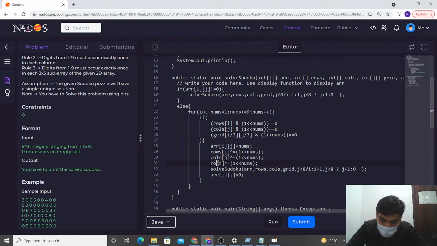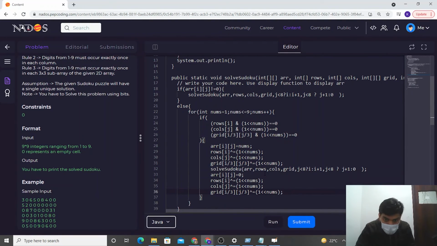For grid also, grid i by 3, j by 3. Okay, by doing this I am toggling those bits. They were initially off, now they would be on. How do we know that they were off? We have already checked in if condition. If all of this is true, I'll again toggle them and off them.